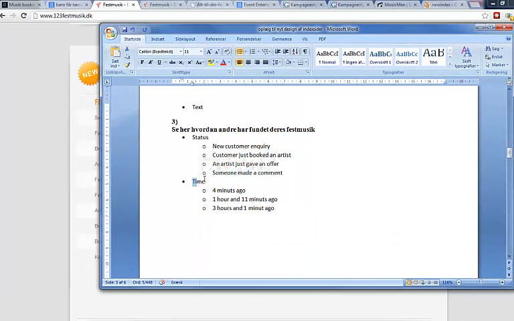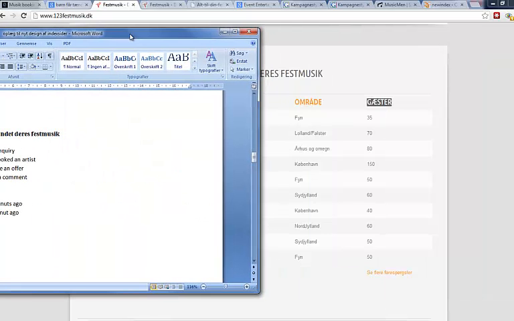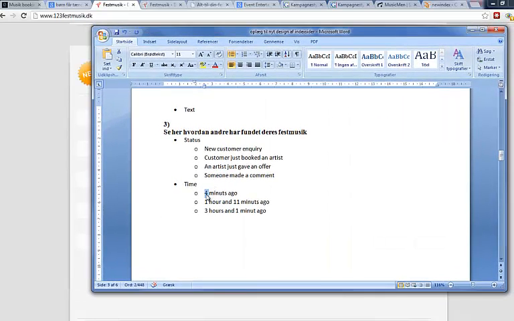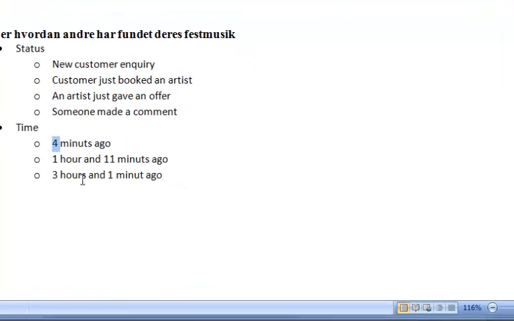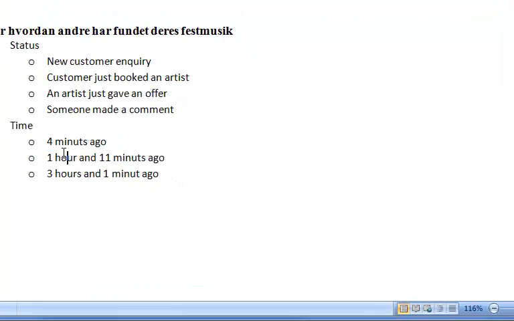And in the time column I would like you to put in 4 minutes ago, 1 hour and 11 minutes ago, 3 hours and 1 minute ago, and down in this line right here. And if you can, try and make it so that the earliest ones are at the top, and then the latest ones are further and further down, and try and blend so that we have some that are 1 hour